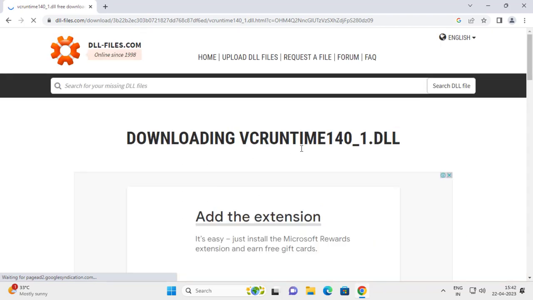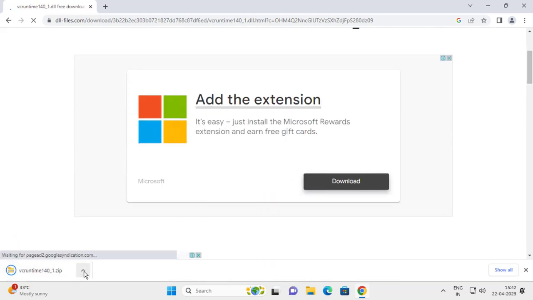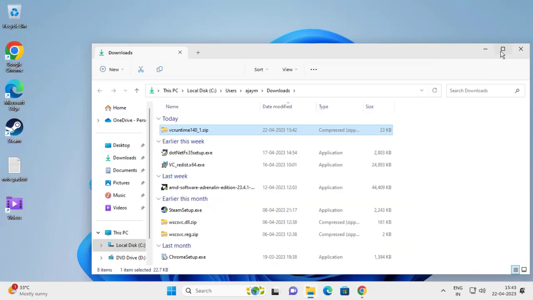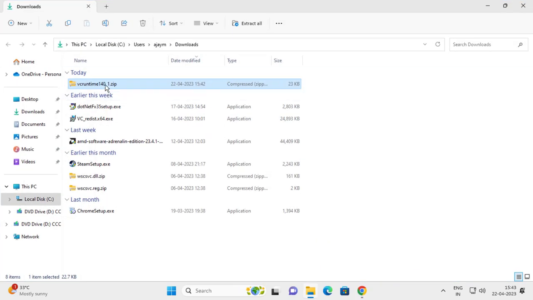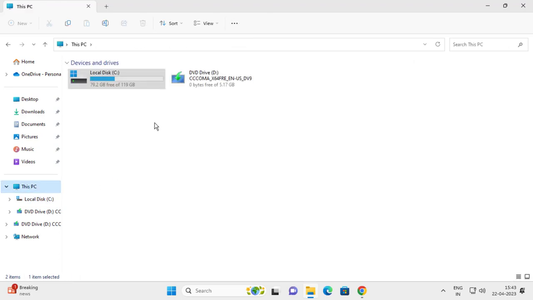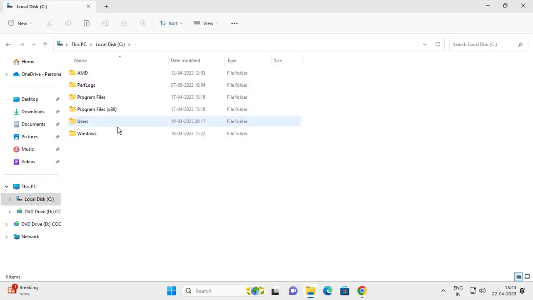and the VC runtime .dll is downloading. After it's downloaded, you need to click on show in folder, and now be careful guys, listen carefully. Open it and copy this VC runtime 140 .dll. You need to go to This PC, Local Disk C, and you need to go to Windows,